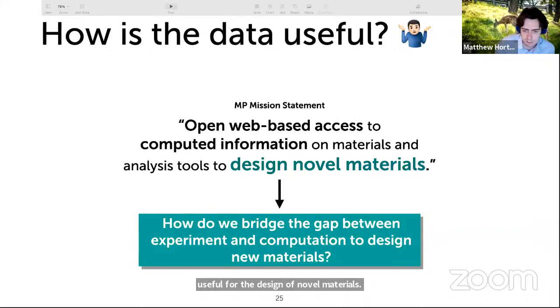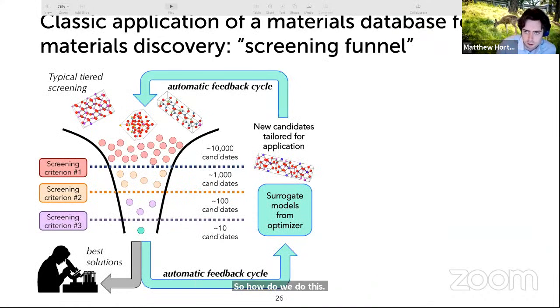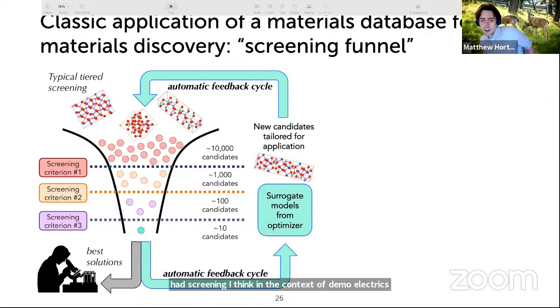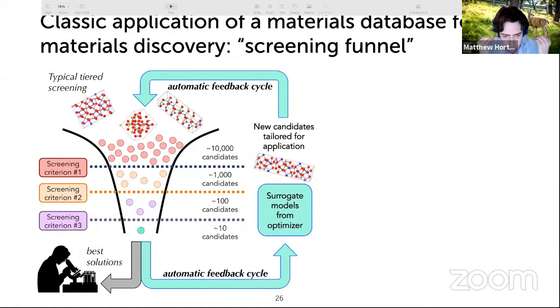So how do we do this? The general approach is a screening funnel. So I saw some of the talks on the first day and the second day also had screening, I think, in the context of thermoelectrics and perovskites. So I know some people here are already familiar with the idea of screening, but the basic idea is that you start with the idea of what properties you want your material to have. So you start with this database of 100,000 crystal structures, and you